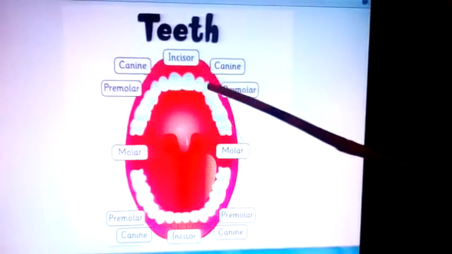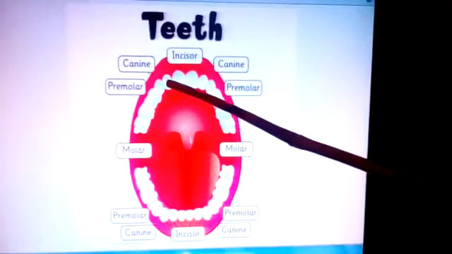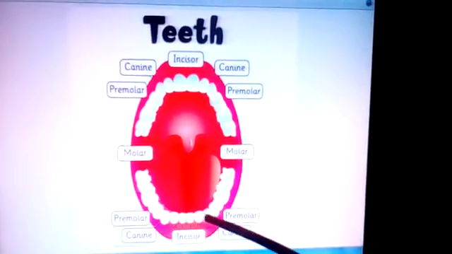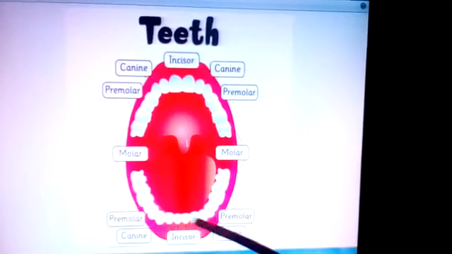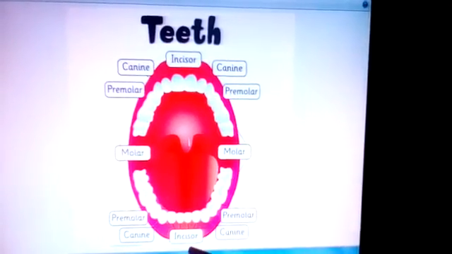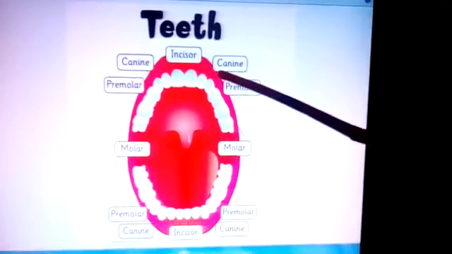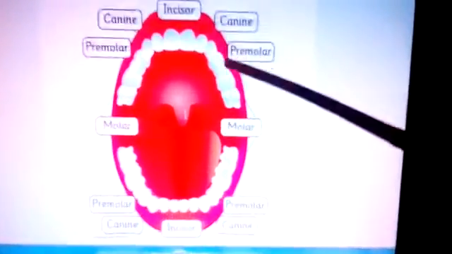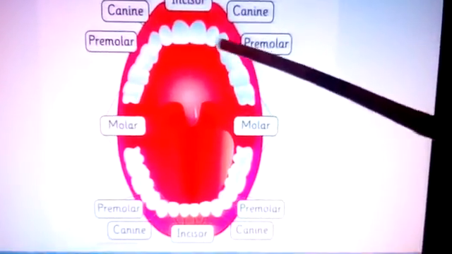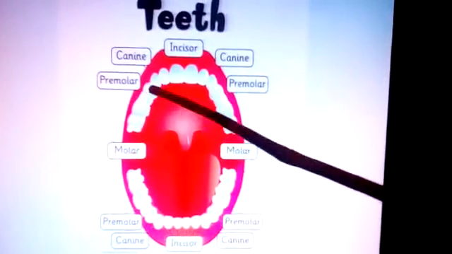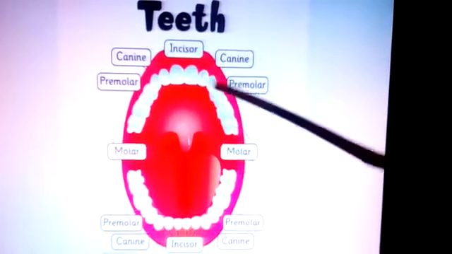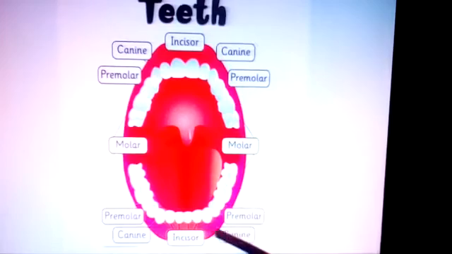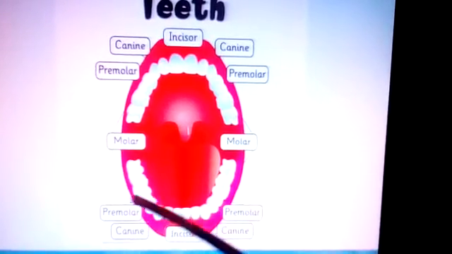On either side of the incisors, one canine tooth here, one canine tooth here. The same way here, canine. This is also a canine, one pair in the upper jaw and in the lower jaw. Besides that are the premolars, two premolars on either side of the canines. So that is 4 in the upper jaw and 4 in the lower jaw: premolars, incisors, canines and premolars.